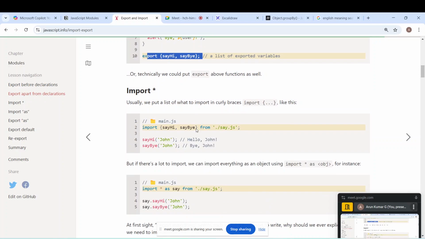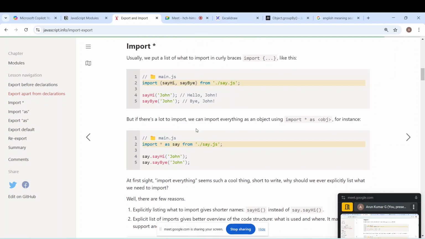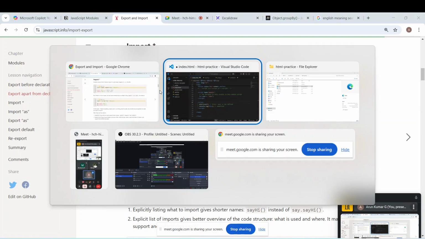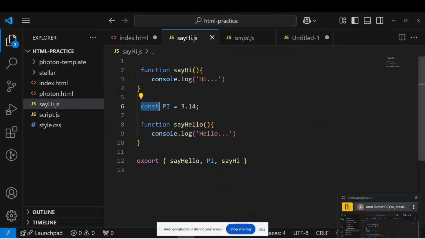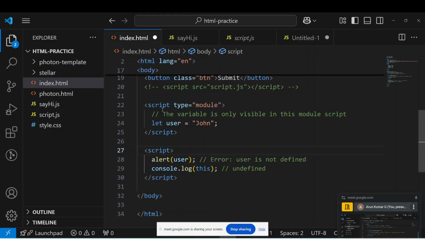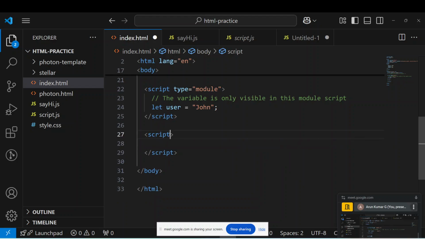Okay, moving on. Those things we are already familiar with respect to syntax. Then there is another syntax which is called import star. What is it? Import star basically says, let's say I've exported so many things from a single file, say hello, pi and say hi. While importing this file in another module, I can use the syntax called